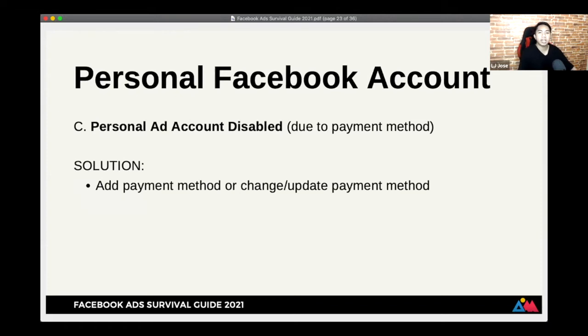Alright, next. Dito naman tayo sa personal ad account disabled due to payment method. Okay? So, nangyayari ito if may unsettled balance ka pa kay Facebook na ginamit mo yung personal ad account mo dati to run ads. Say, for example, Boost Post or Marketplace listing, hindi na-charge yung card mo, whether credit or debit card, whether ano ba man yung ginamit mo na payment method, di ba? So, ang solution lang dyan is to add a different payment method or change or update the payment method. Okay? So, yun lang yun siya. And it should go back na. Mare-reverse na siya. Hindi na siya madi-disable once nag-update na yung system.